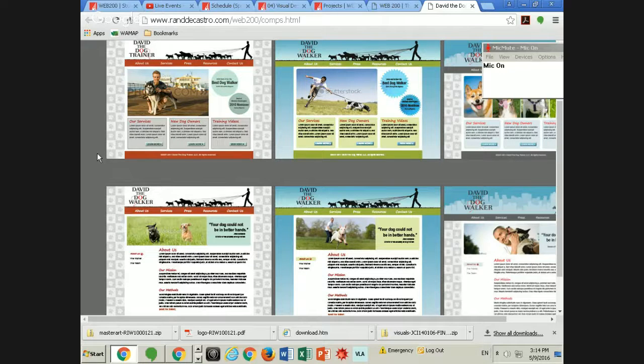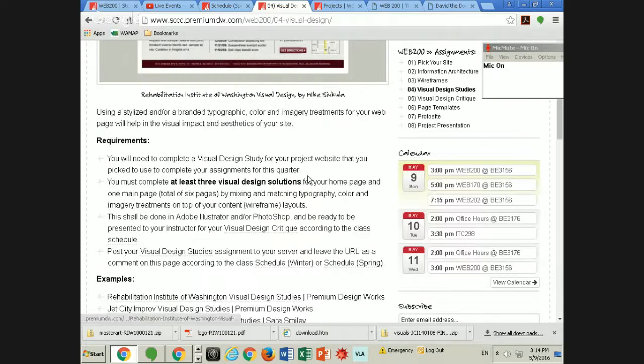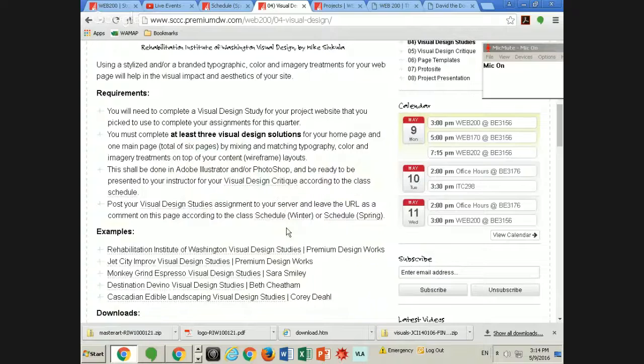But I want to see at least 3 visual design study solutions for your home page and 1 main page, total of 6 pages, by mixing and matching typography, color, and imagery treatments on top of your wireframes, on top of your content layout wireframe documents. Okay, so